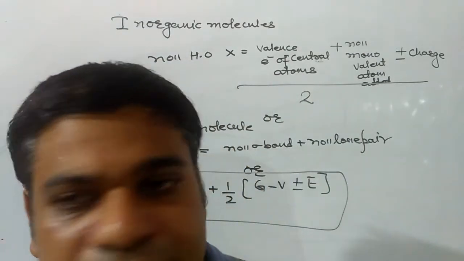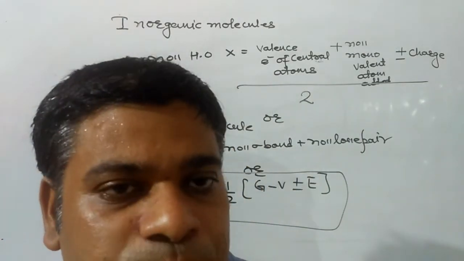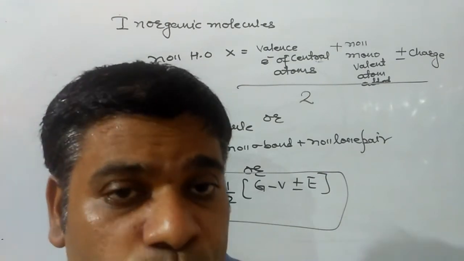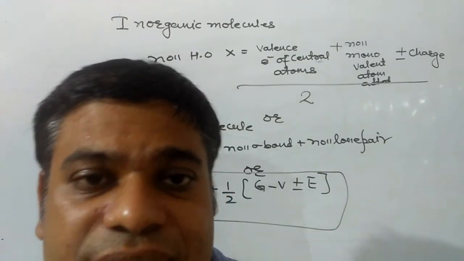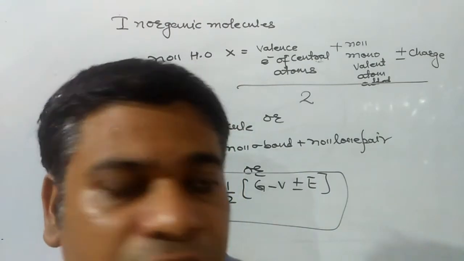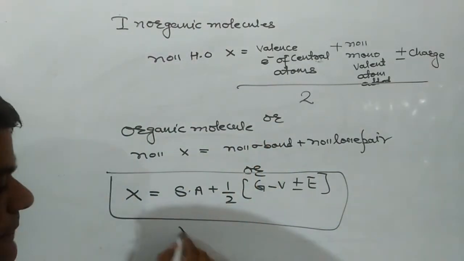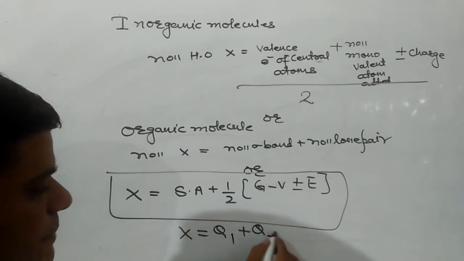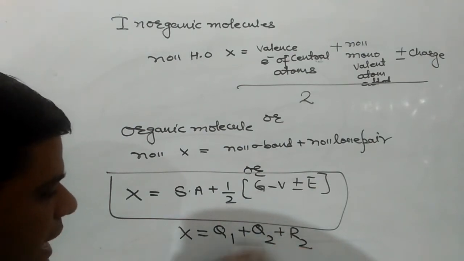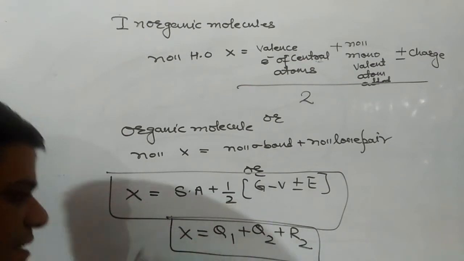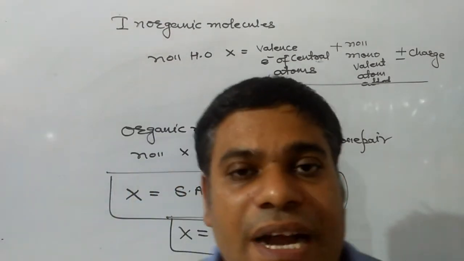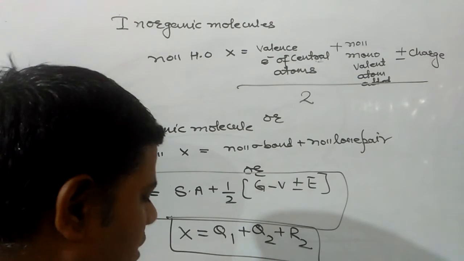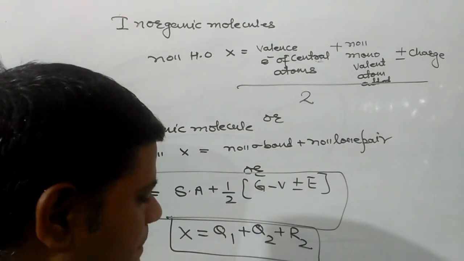If they are greater than 8, then divide by 8. We will get a quotient and remainder. And if the remainder is greater than 2, then divide by 2. We will get a second quotient and second remainder. So the hybridized state will be first quotient plus second quotient plus second remainder. And in case the electrons are less than or equal to 8, then divide by 2. Then in that case, the hybridized orbitals will be first quotient plus first remainder.